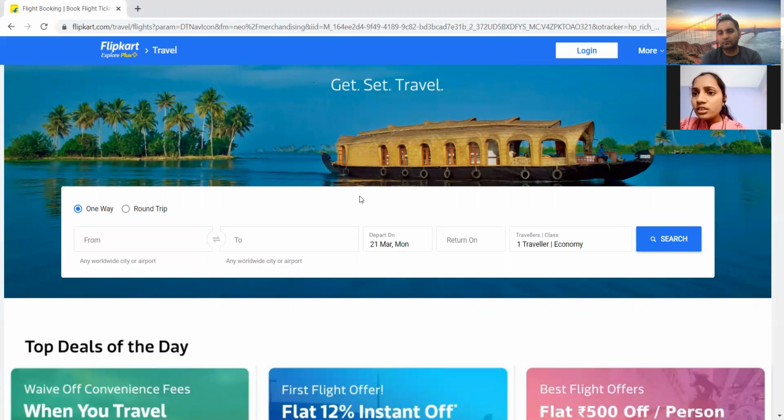With the search button, we can check the places from and to where we have to go. And we can check if there are any offers, like the amount.